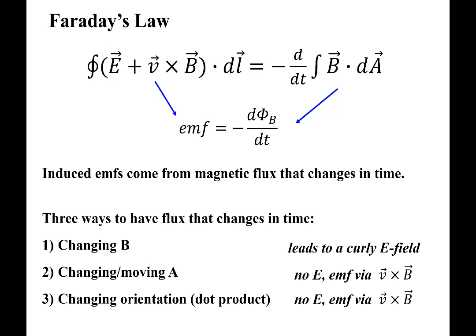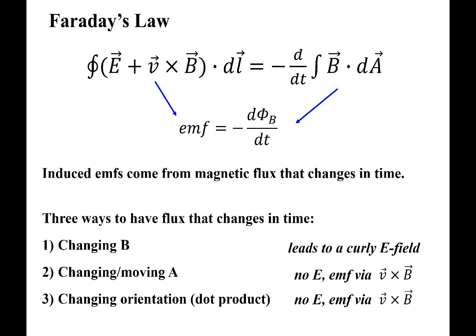We could also have the second way, flux changing in time by changing or moving the area with respect to the magnetic field. And third, talking about changing the orientation of the magnetic field with respect to the area, whether we're changing the vector direction for the magnetic field or the vector direction of the area that defines the flux